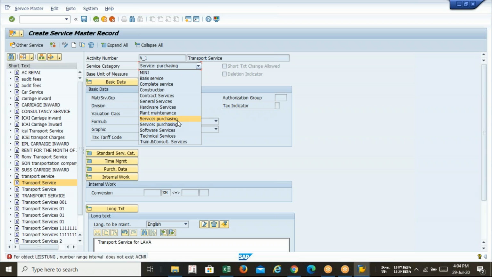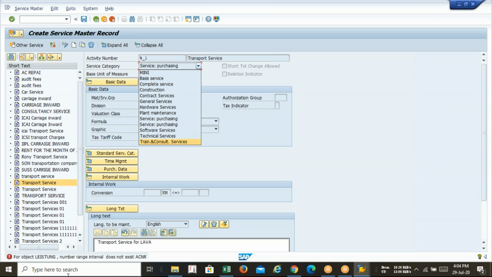If our class revolves around the consultancy course, we'll start with how to create service category, how to create service activity number, something like that, because that is a hardcore consultant part. But as students of FI, we do not need to create these things. We just select from the drop-down list. So for the first-time practice, we are selecting the default one. But as you can see, I have selected the second one.